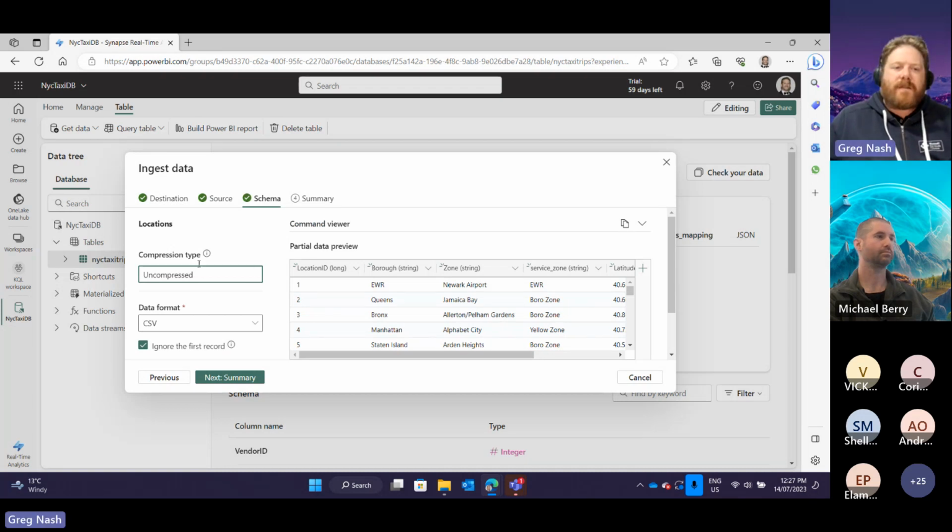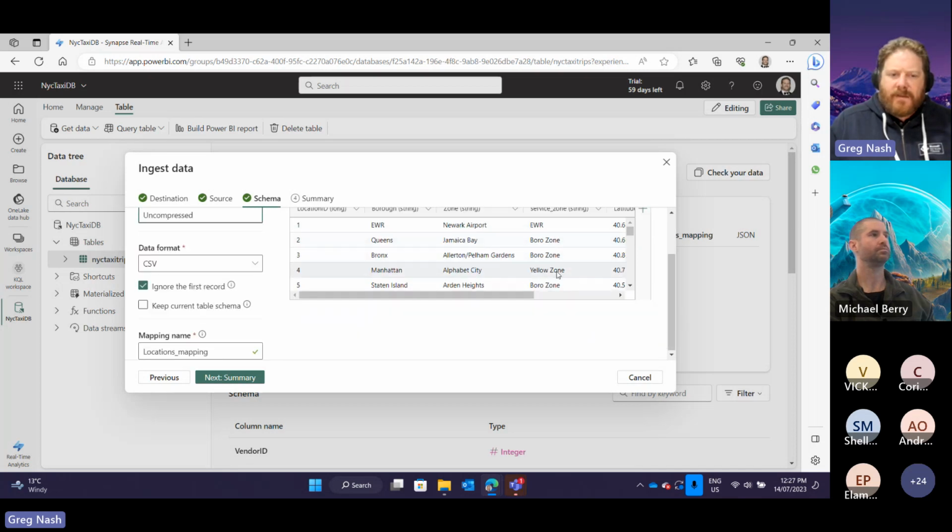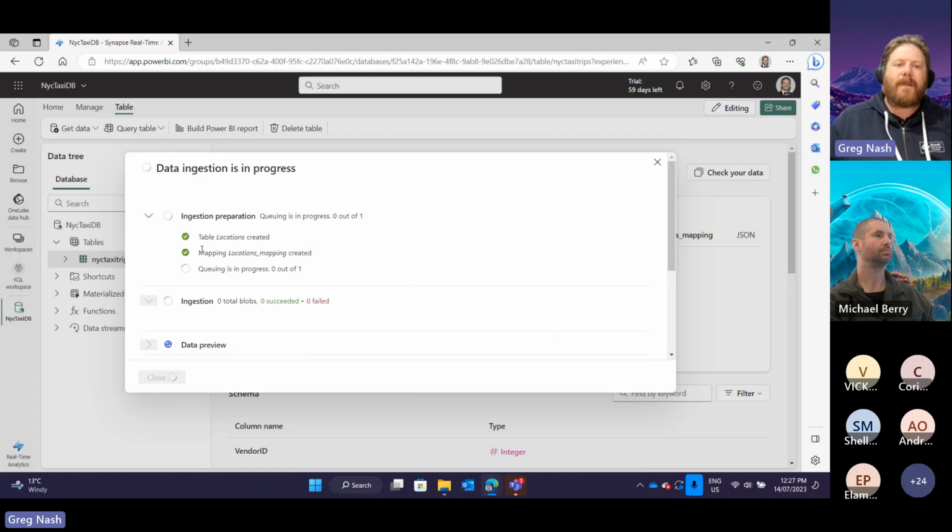Okay, the schema tab. This tab automatically infers the schema based on our data, so no changes are necessary. It says it's uncompressed CSV. It's ignoring the first record because I guess that's your title, and it's locations underscore mapping, and so it just works. Okay, and then it brings that historical data in,